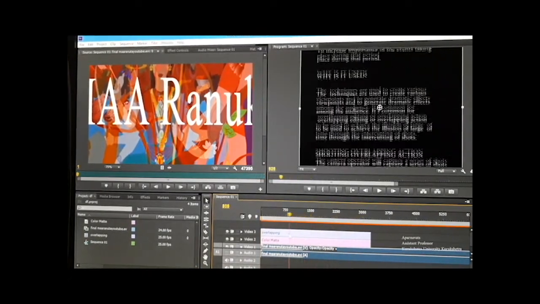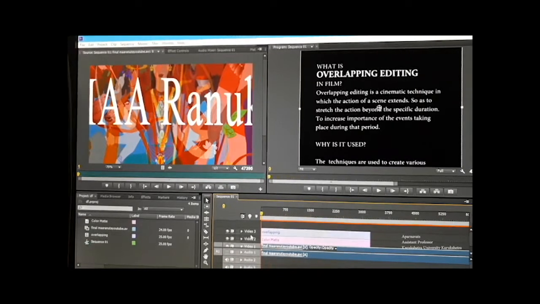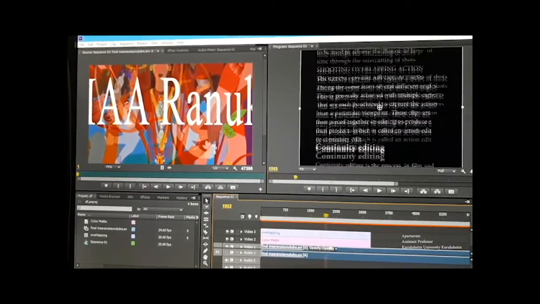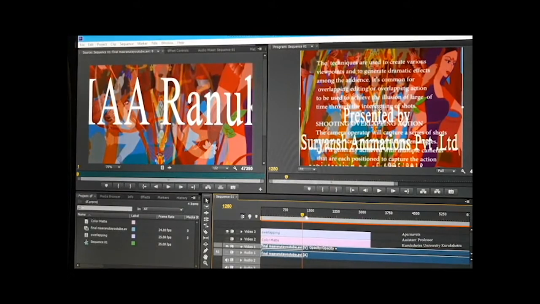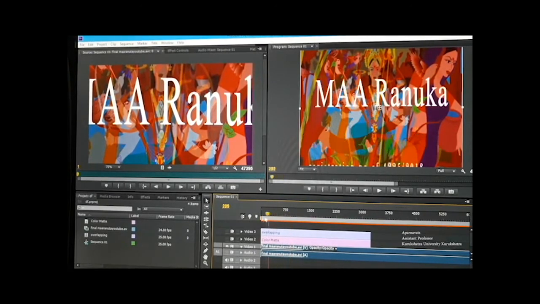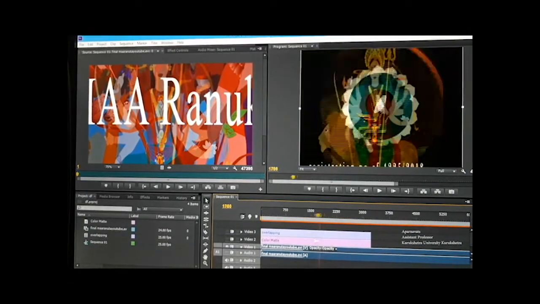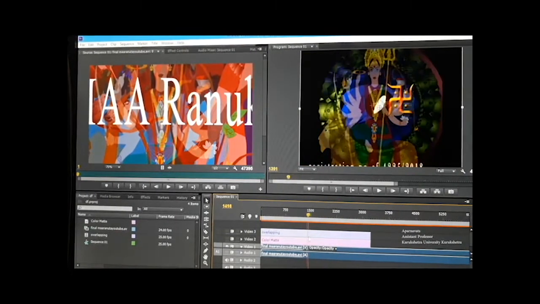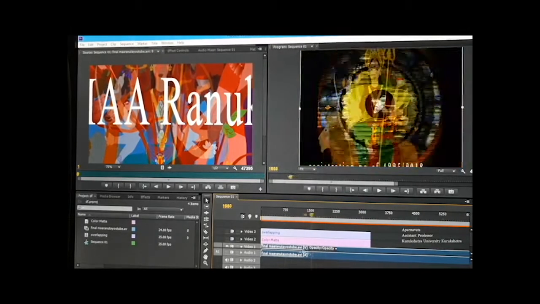Now I will show you continuity editing, overlapping editing. See, this is one shot video. Continuity editing, single shot.